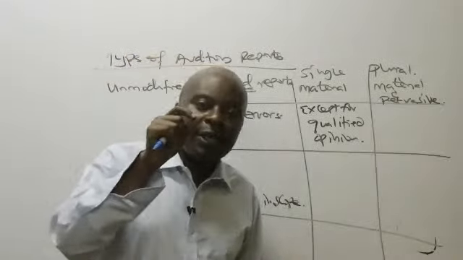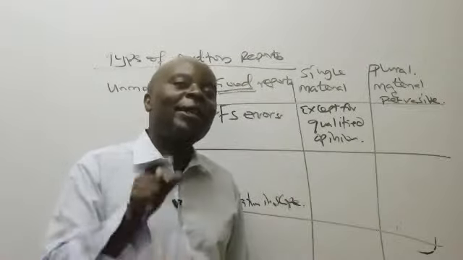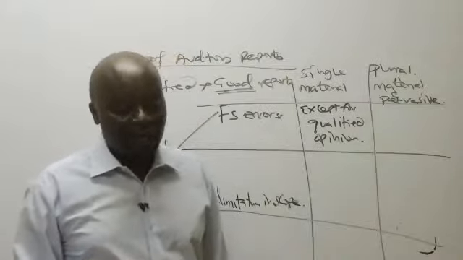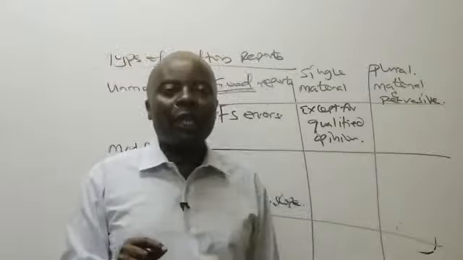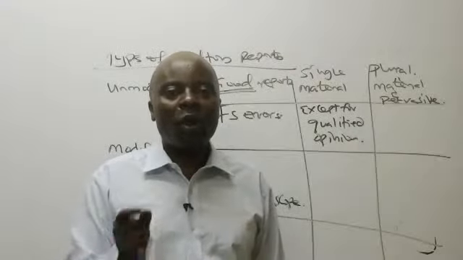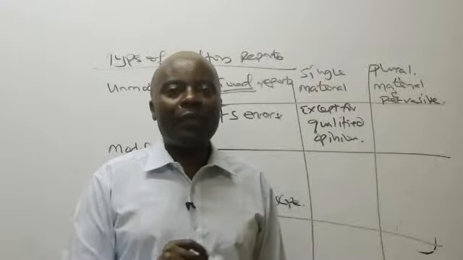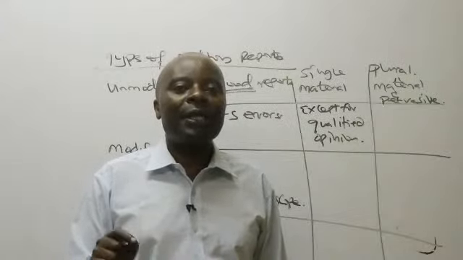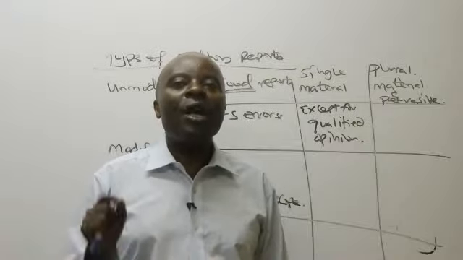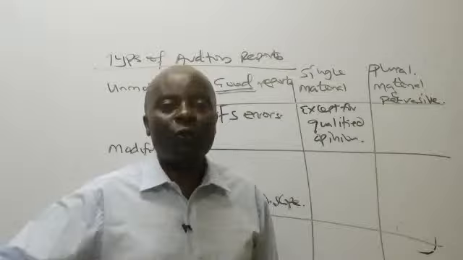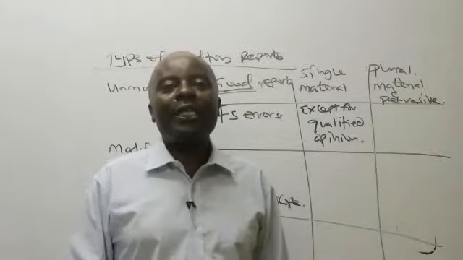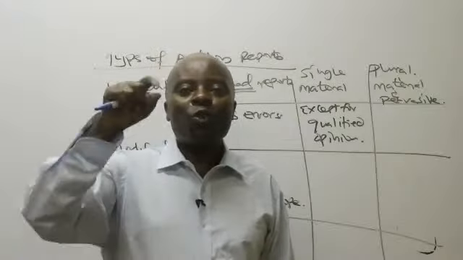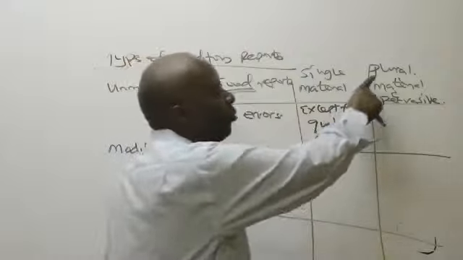So you only give a qualified opinion when it is like a matter, right? What if in this case, you came to RCM Online College and you realize that our sales is wrong, our cost of sales is wrong, administration expenses are wrong, all other expenses are wrong? Will you start telling us that the financial statements of RCM Limited portray a true and fair view, except for sales, except for cost of sales, except for administration, except you'll be called Mr. Except for. When the errors are too many, we talk of plural now,